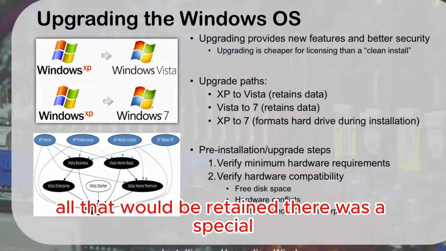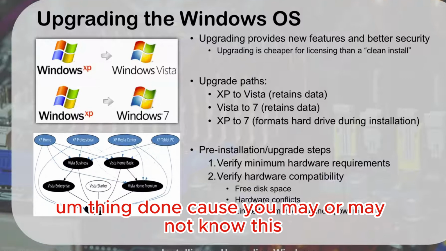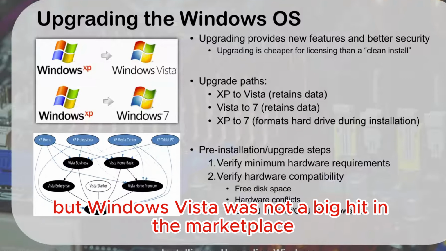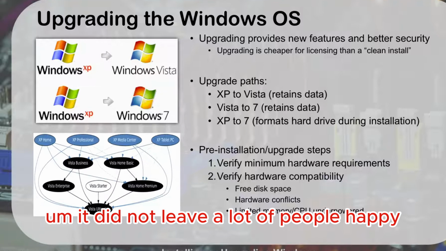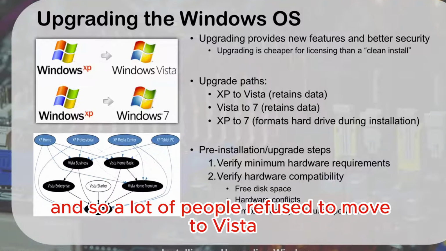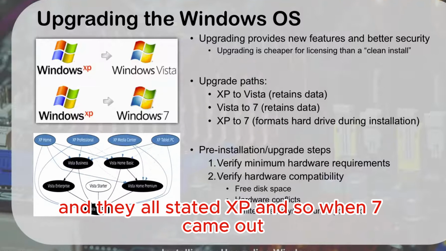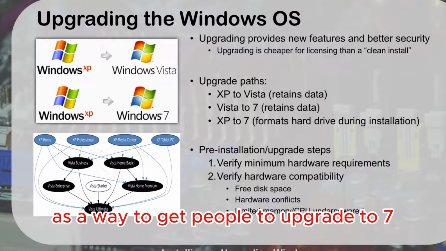There was a special thing done, because you may or may not know this, but Windows Vista was not a big hit in the marketplace. It did not leave a lot of people happy. And so a lot of people refused to move to Vista and they all stayed at XP. And so when 7 came out as a way to get people to upgrade to 7, what Microsoft did was